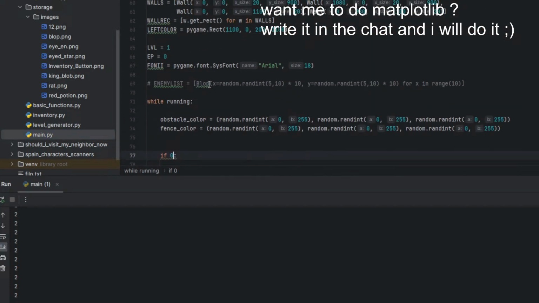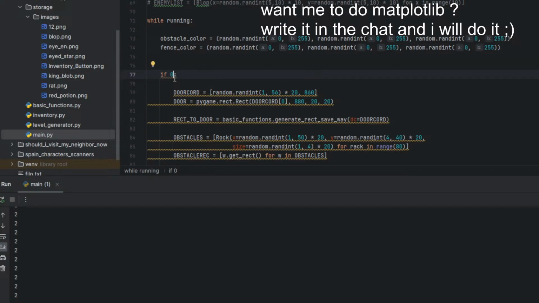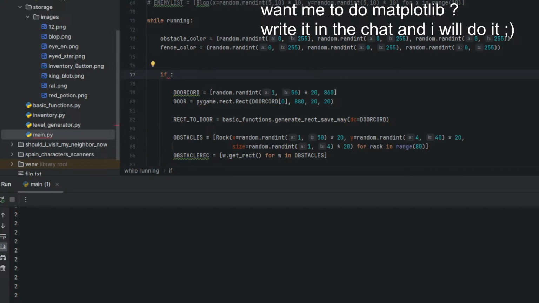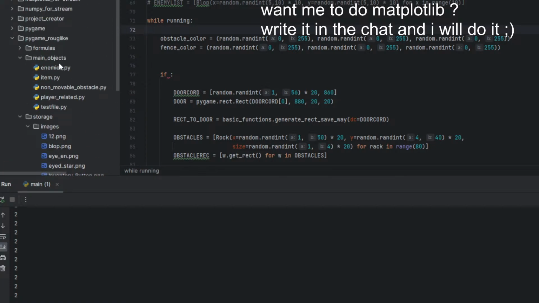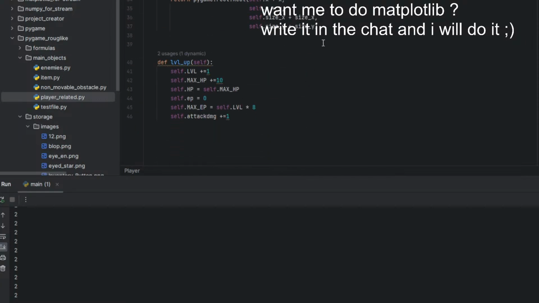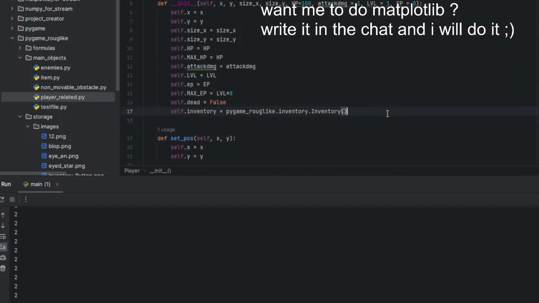In main, let's say, stage. I have an idea. Player related, and self.point_act. Self.point_act equals 0.